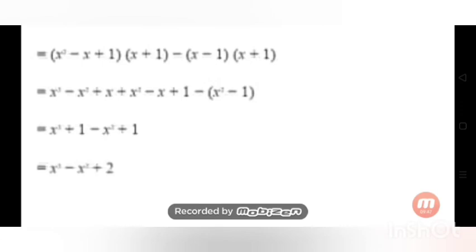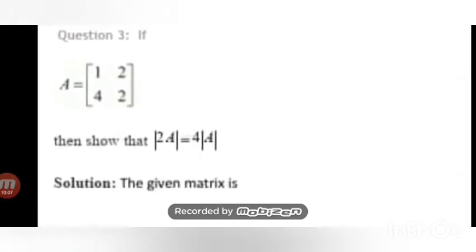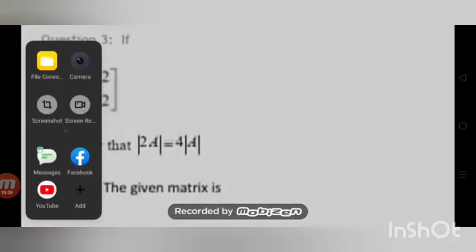Okay, then here you can apply the formula a plus b into a minus b, that is a square minus b square. And after that, just break the bracket. X cube, here you will have what? X cube minus x square plus x square, these cancel out, minus x plus x again cancel out, and this is minus, and this is minus, minus, plus. So we'll have your answer as x cube minus x square minus x plus 2. This is the value of the determinant. That is the second question. Hope you understand the method. Now let us go to the third question.